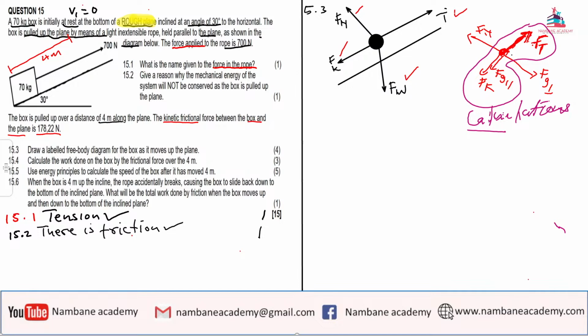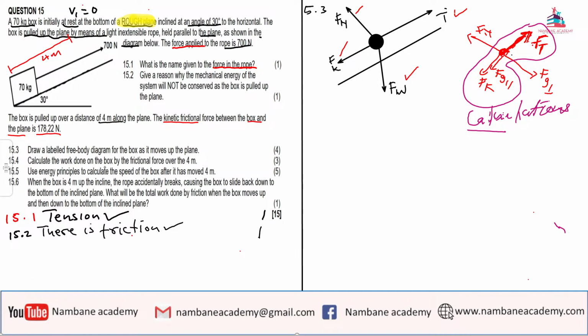So the correct one is the one that is drawn in black. The one in red, we are just going to use it because we are on an inclined plane. If we're not on an inclined plane, we can just draw any one because we do not have components. So we draw the one with components on our question paper just to check and know which forces we actually have. So that is it now with 5.3.